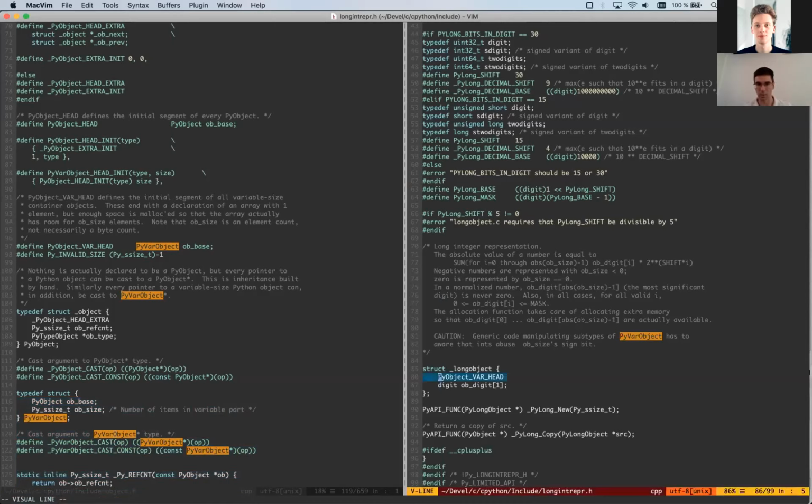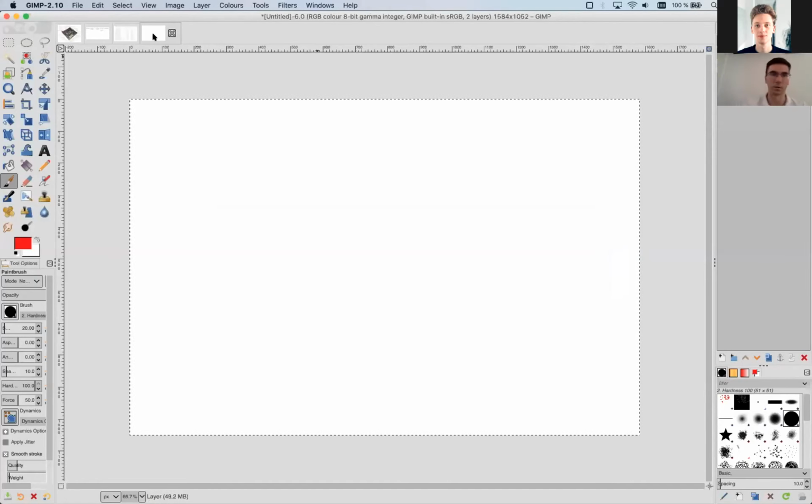So line 86. Every built-in object in Python has the same head as a PyObject. Therefore, you can point your pointer and say it's PyObject. Because, okay, let's try to explain differently.